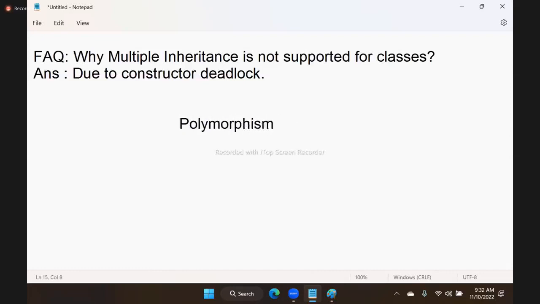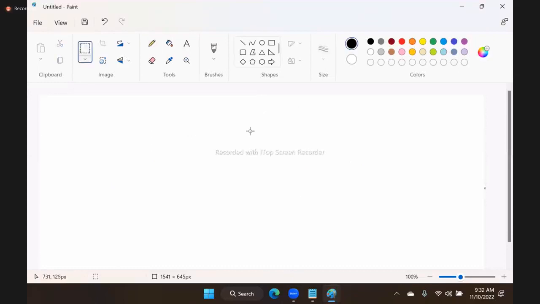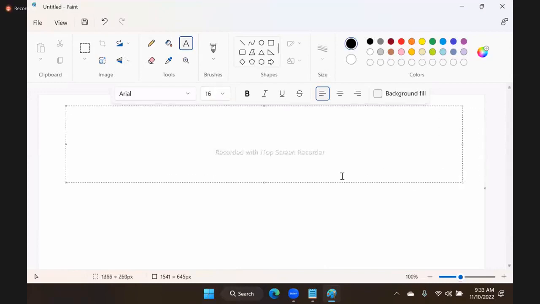Polymorphism. We need to understand one more concept, polymorphism. Actually, what is polymorphism and how does it work? I will explain a simple point here. To understand polymorphism, suppose we have